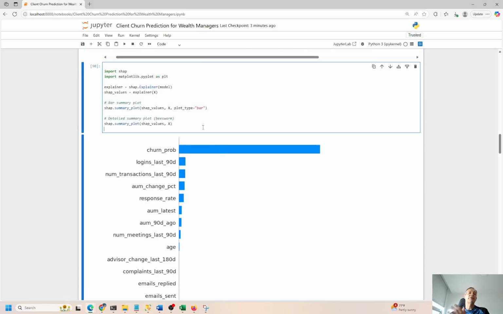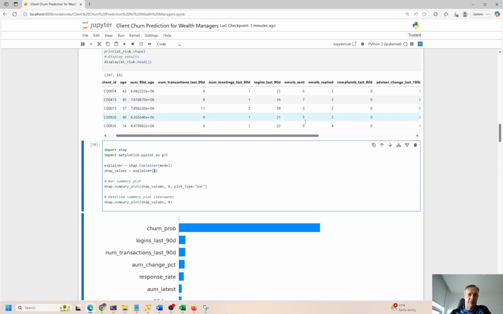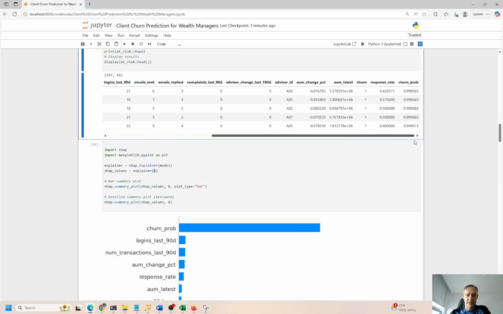So it tells you how the model is performing under the hood, right? And it really helps you to understand what is basically a black box for taking all this data, just dumping it into an X variable and training, testing the model, and making predictions. So how does all this stuff really work? The SHAP evaluation process here helps you to determine that. So now we have churn probability. It says 60% of churn events are determined by churn probability. So that's what we just calculated over here.